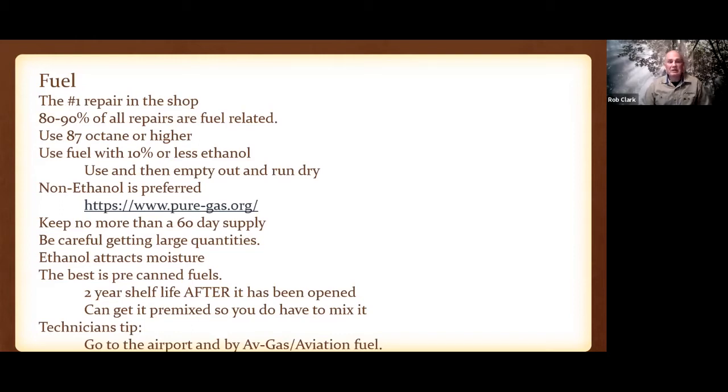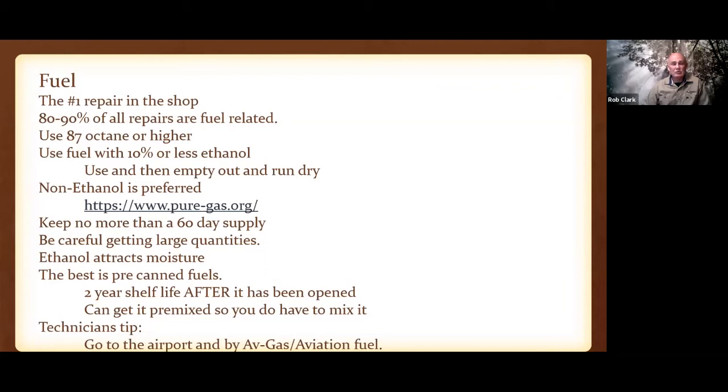The problem with ethanol is it's a harsh cleaning detergent and will do serious damage to your machine even at 10% ethanol. Now, all machines are designed to run on 10% ethanol, but it doesn't mean you're not going to do any damage to them. It will just run like that. Anytime you're using ethanol in your gas tank, you want to get it out as soon as you can. You don't want to keep it in there for any more than 30 days at a time.